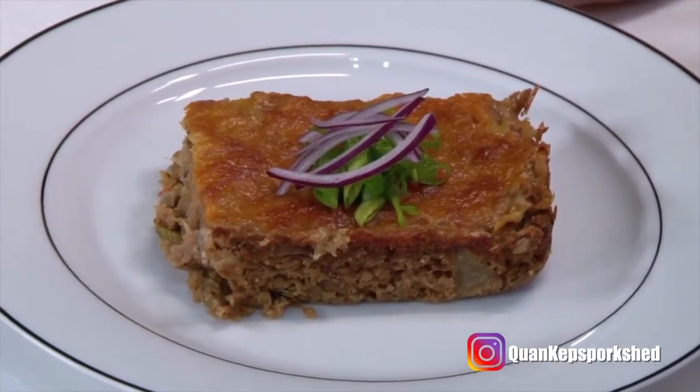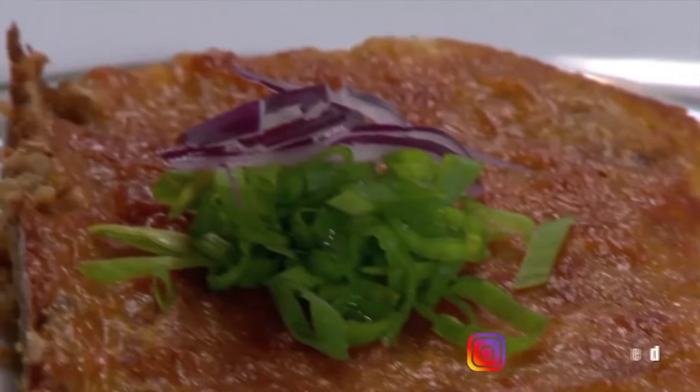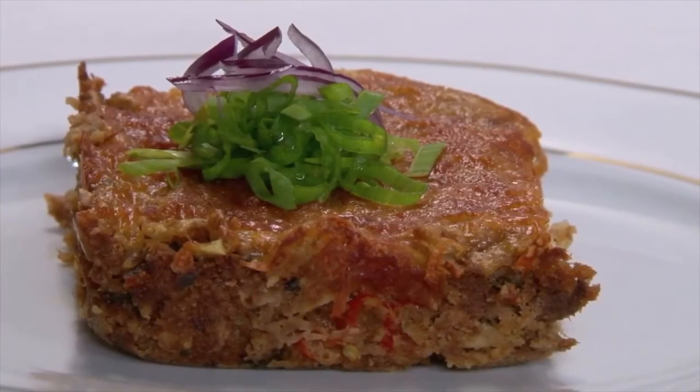It's not going to cut in nice shapes and sizes until it has cooled down. But when it does cool down, you'll get a lovely stuffing with good texture. If you want to jazz up your stuffing for the holiday season and make something a little different that's delicious as well, why not try some Brunswick tuna in your stuffing? This beautiful piece of stuffing here is the